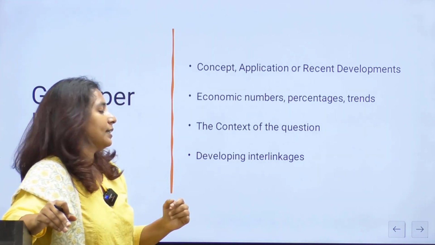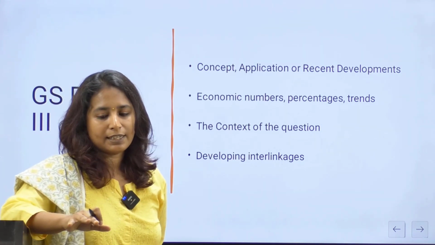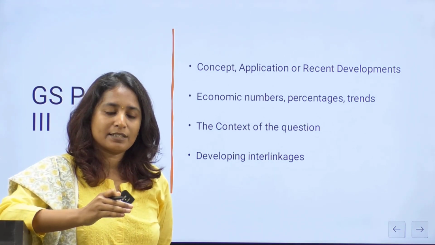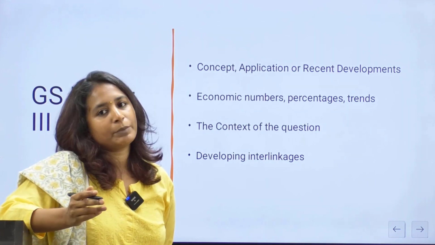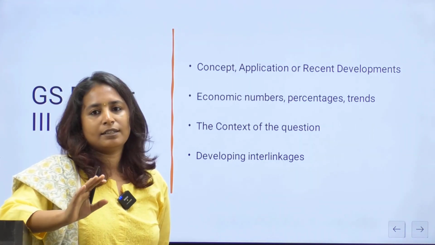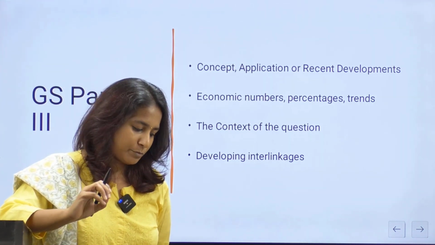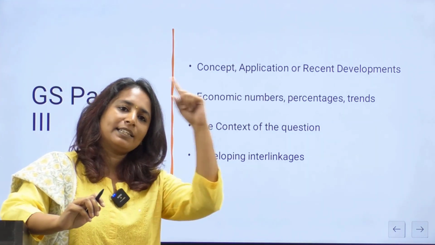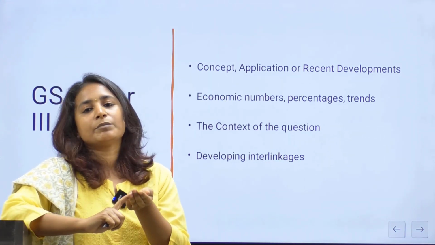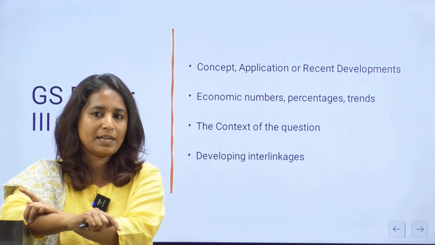फिर डेवलपिंग इंटरलिंकेजेस। नाउ इफ यू सी कि इकोलॉजी एंड एनवायरनमेंट एवरीवेयर देयर इज इंटरलिंकेजेस, सिक्योरिटी और पॉलिसी मेकिंग में फिर से इंटरलिंकेजेस, जैसे प्रिवेंशन ऑफ मनी लॉन्ड्रिंग एक्ट, तो कहने के लिए इट इज अ पॉलिसी that government has brought in. It is a bill that the government has brought in. But उसका linkage अगर देखें तो security से है, उसका linkage हम देखें तो economy से है, उसका linkage हम देखें तो कहीं ना कहीं social इश्यूज पे भी आ जाता है।